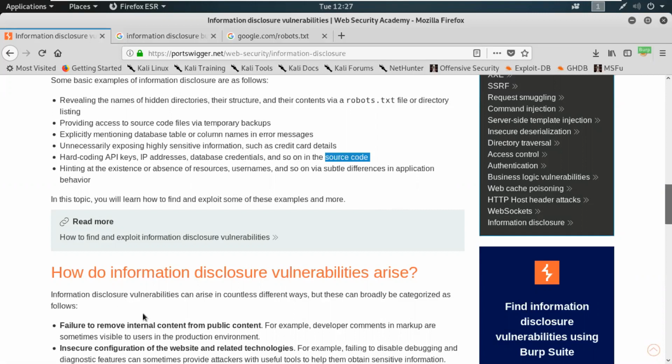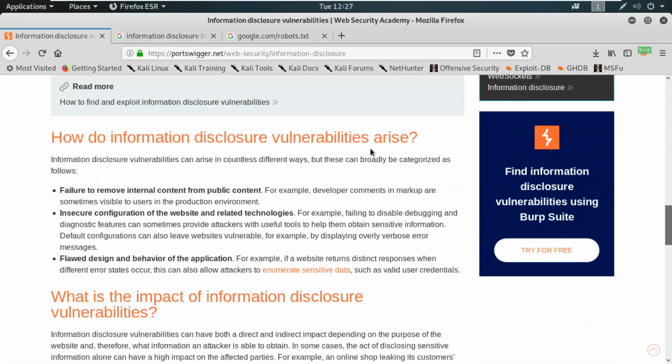So see this one: how does an information disclosure vulnerability arise? What are the causes we can talk about? For a company or enterprise, there should be proper security so that none of the information is leaked that could be used by attackers to gain information about the internal parts.